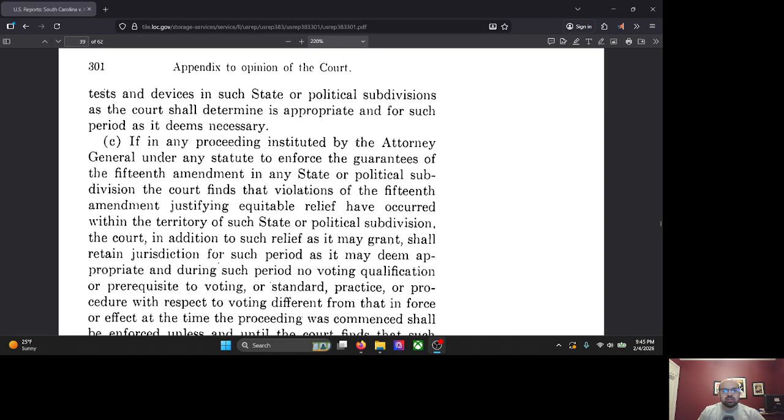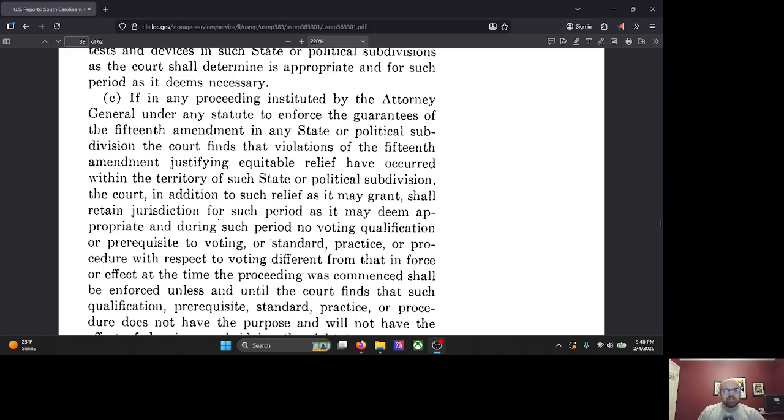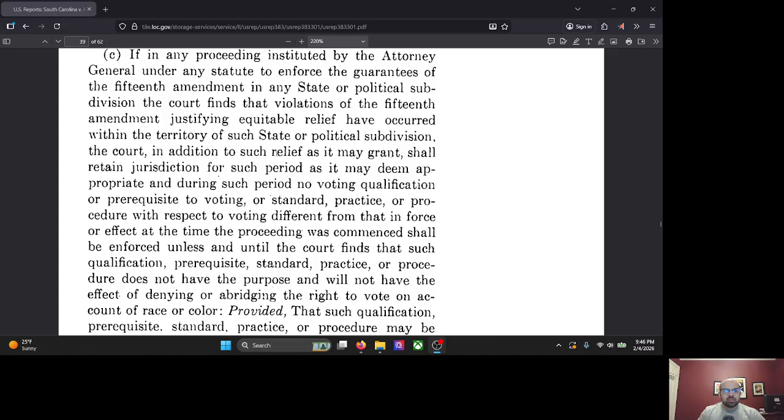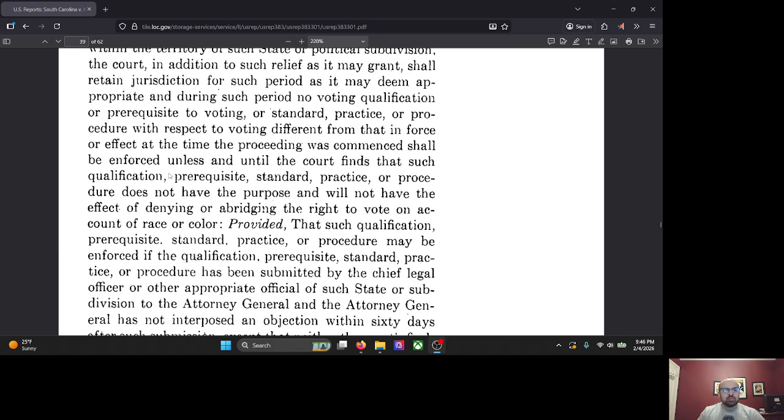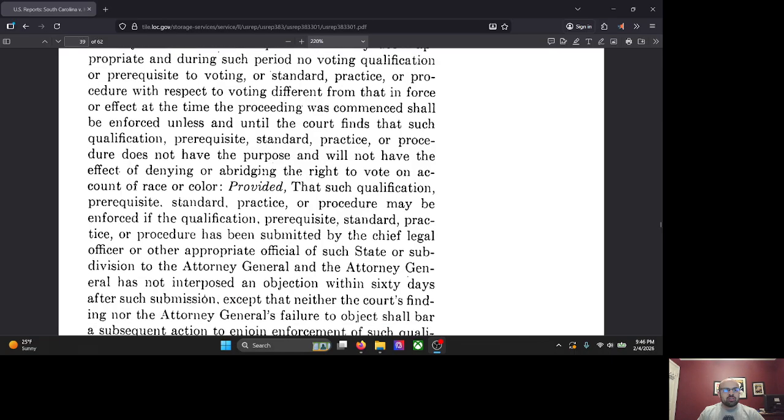C. If in any proceeding instituted by the Attorney General under any statute to enforce the guarantees of the 15th Amendment in any state or political subdivision, the court finds that violations of the 15th Amendment justifying equitable relief have occurred within the territory of such state or political subdivision, the court, in addition to such relief as it may grant, shall retain jurisdiction for such period as it may deem appropriate, and during which period no voting qualification or prerequisite to voting or standard, practice, or procedure with respect to voting different from that in force or effect at the time the proceeding was commenced shall be enforced unless and until the court finds that such qualification, prerequisite, standard, practice, or procedure does not have the purpose and will not have the effect of denying or abridging the right